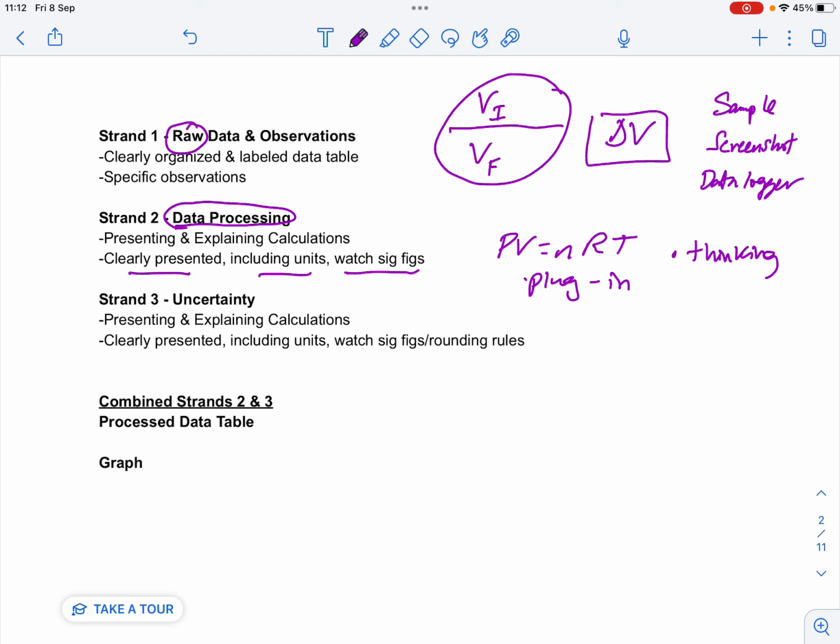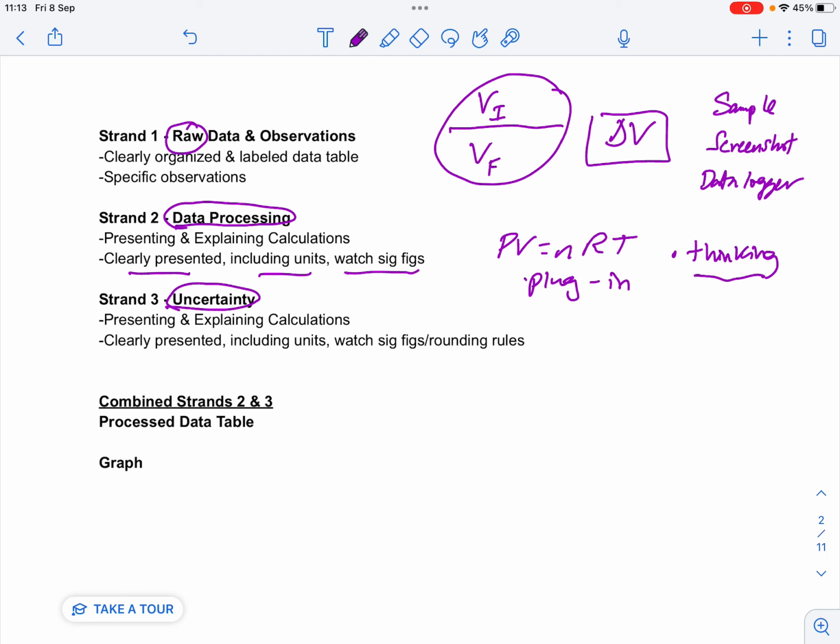And then you also have to present uncertainty processing. The expectation is you will be considering uncertainty in your investigation and its impact on what you can conclude. In order to do that properly, you need to show how you are processing uncertainty through your results. This may be as simple as deciding to do the half the range method on all your trials. You may be doing the method from class where you convert all of your measurement uncertainties into percentages, combine them, and then convert them back to absolute uncertainties. You're going to give a little bit of explanation of your thinking behind your method, and then you're going to show a sample calculation.